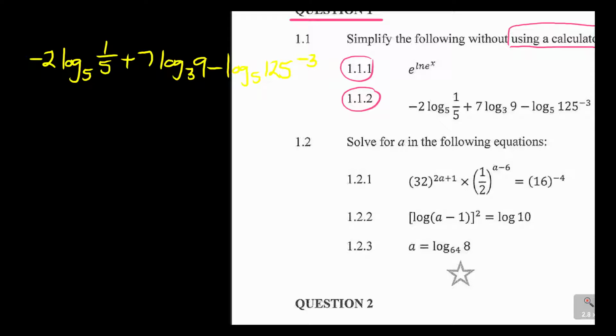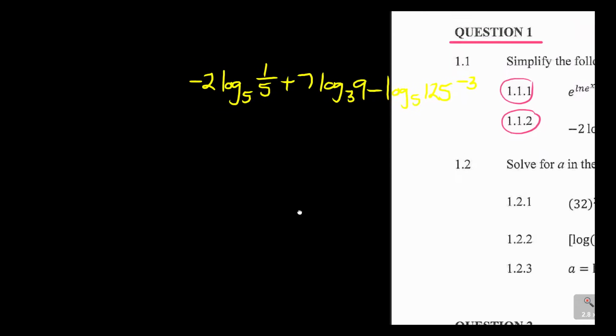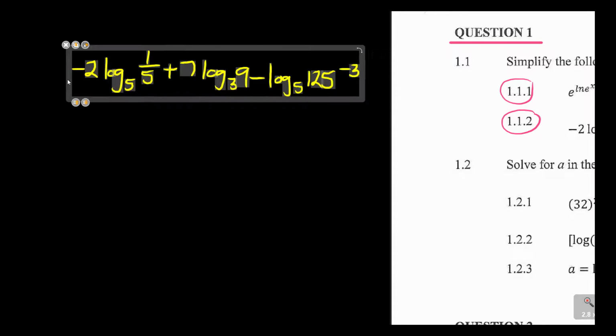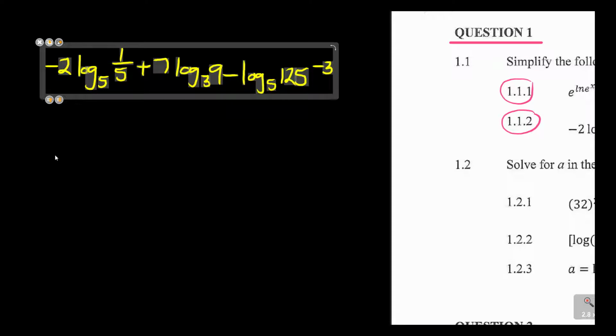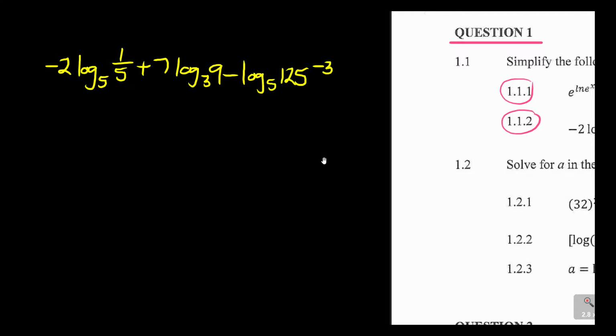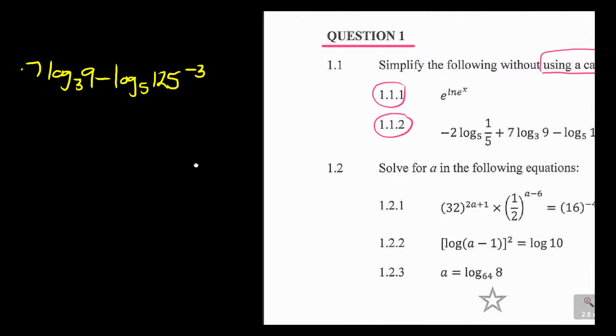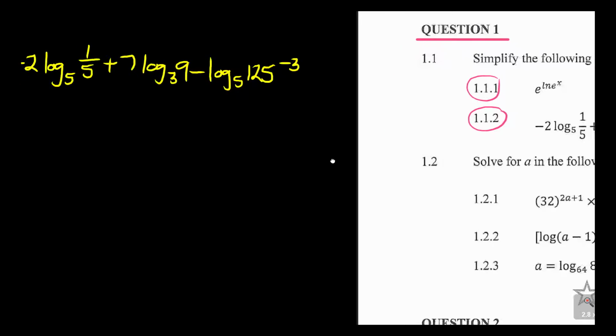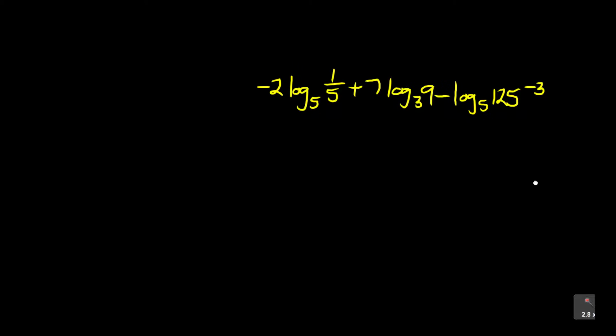Don't worry, I'm going to bring this so that you can see properly. So this is what you're given and you want to solve this. Just let's check if everything is captured correctly. Minus 2 log base 5 of 1 over 5 plus 7 log base 3 of 9 minus this. So guys, you are given this thing, and in this thing here